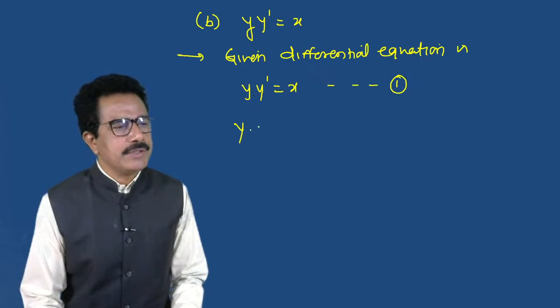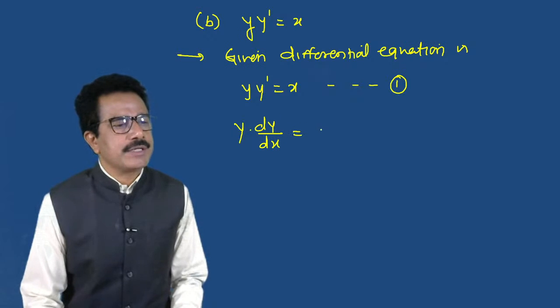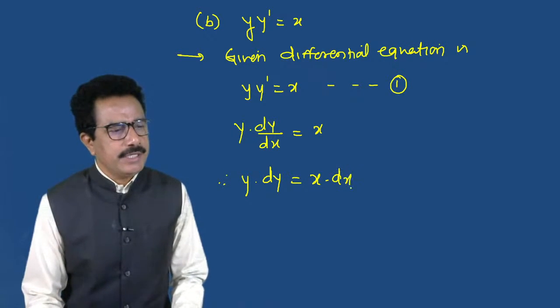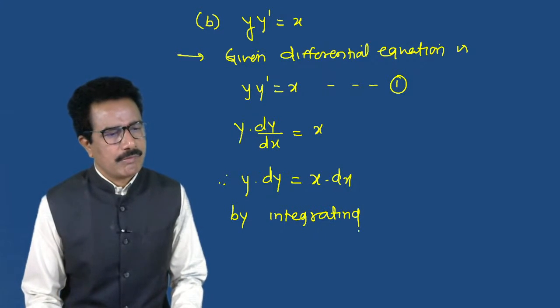That is y into y dash means y into dy by dx, which is equals to x. So we can separate this: y into dy, which is equals to x into dx, by integrating